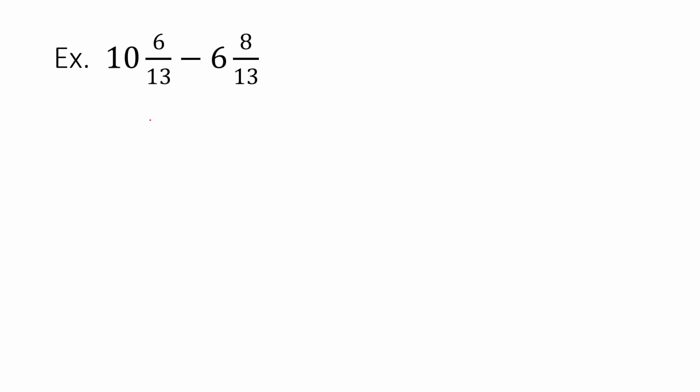We want to change a mixed number to an improper fraction. So multiply 10 and 13, you get 130. Add 6 to that, and you're going to get 136 over 13 minus 6 times 13 is